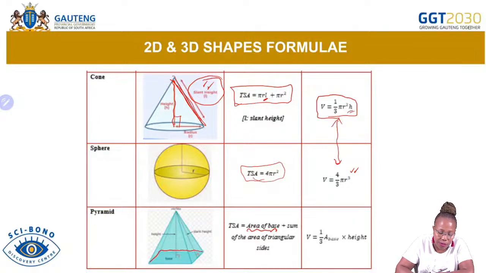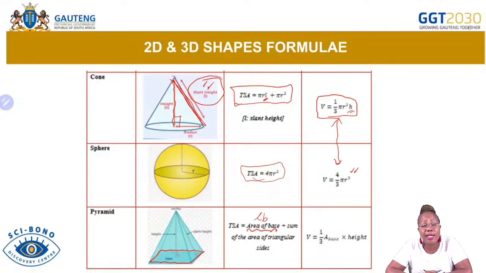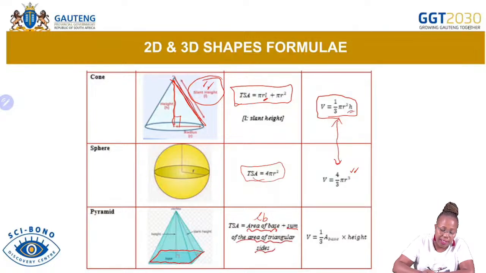In this case, since we have the rectangular base here, that means it will be length by breadth. But that is not always the case. The base can be a triangular base, it can be a square base, depending on the shape that you are having there. And then now plus the sum of the area of triangular sides. That means now, since here we are having an area that is a rectangle, so our prism will